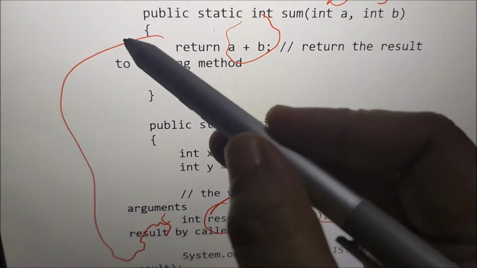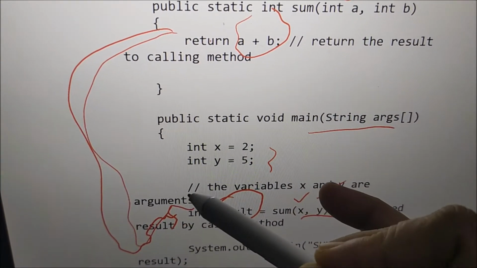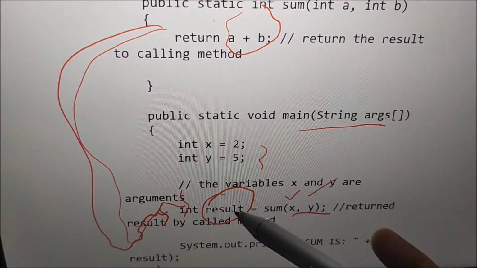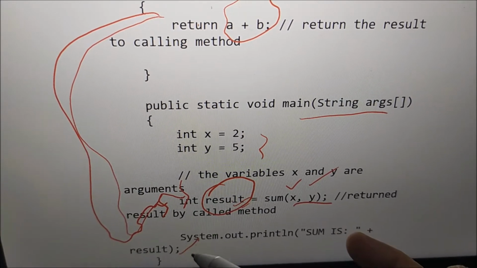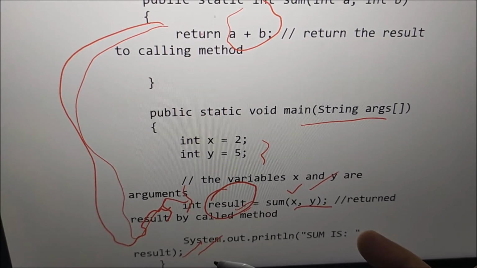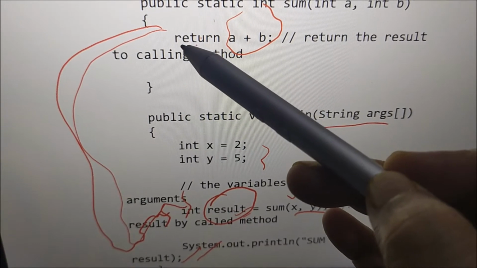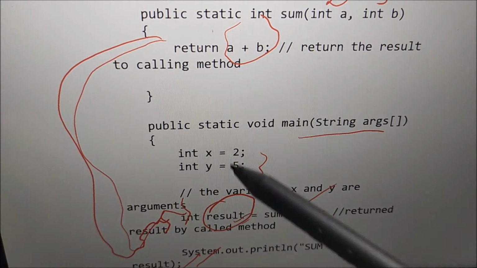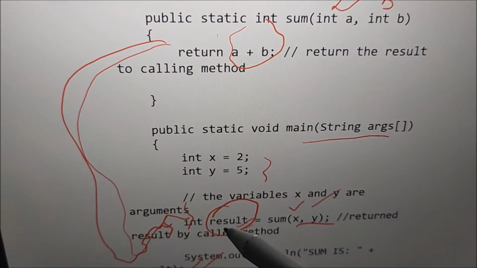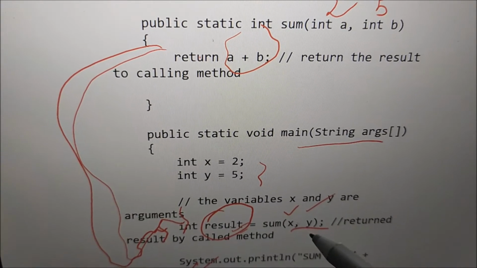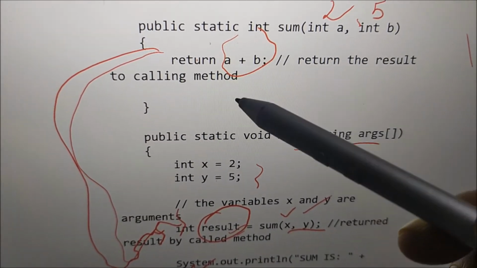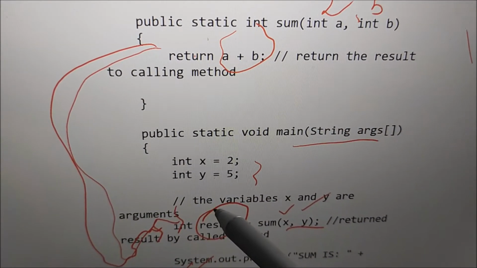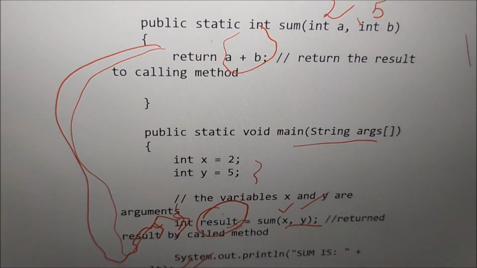So this return statement sends the control back to here, in return result. And that result, 2 plus 5, that will be 7, is stored here, and then the result has to be displayed here. So by this keyword return, the control comes back to the calling method, and there it shows the result. So what does it return? It returns the result. When the method is invoked, the control goes to the called method. The result is calculated, and the result is returned by the return statement here. Now clear about the return statement.